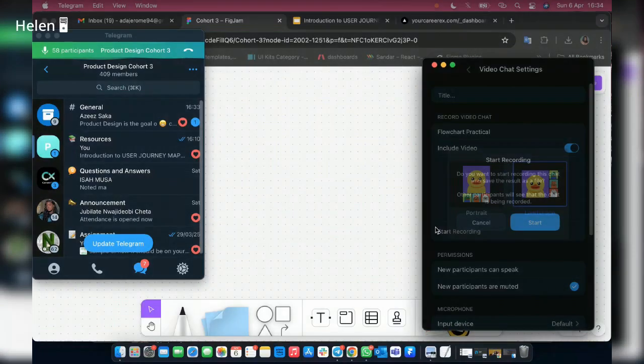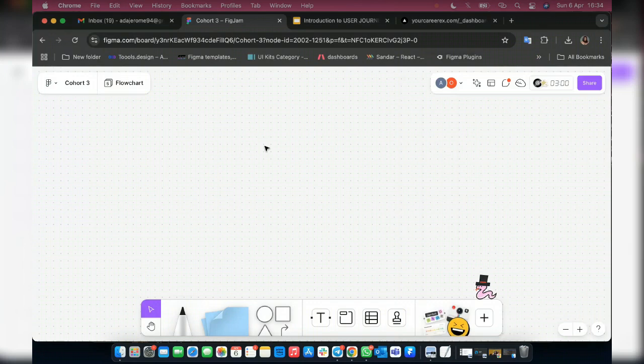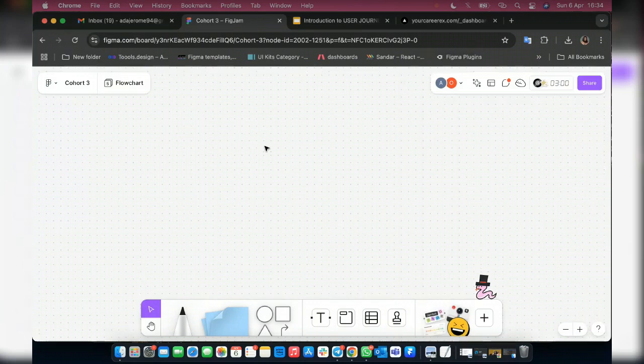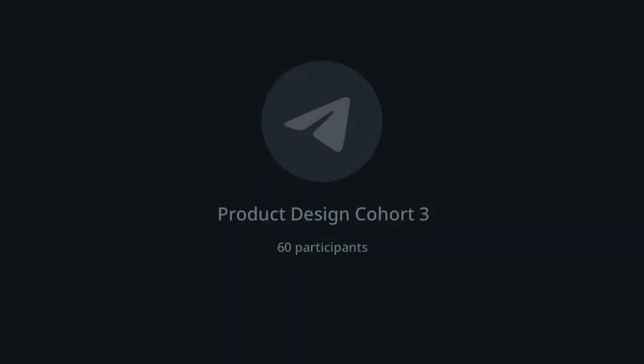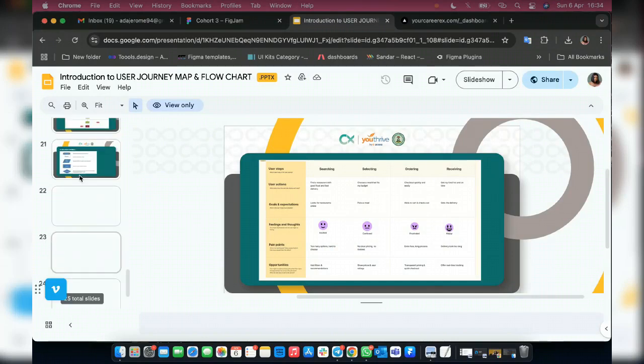Yesterday we talked about user journey map and flowchart. I'm just going to give us a rundown before we start, so I'm going to go to the summary part. So the difference, and we talked about